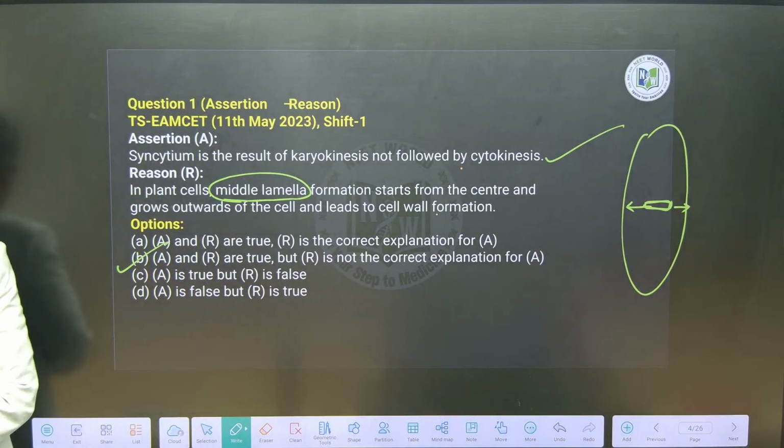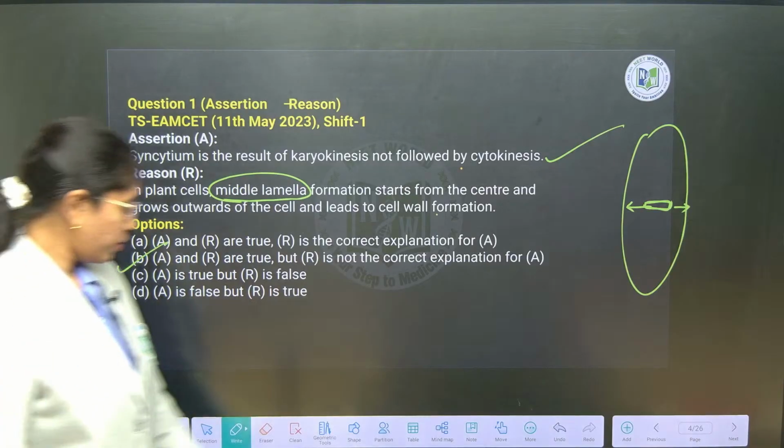Look at the question properly. If you are not getting anywhere, you can type a message in the chat box. I will be addressing that. Fine, right? Next, if we see